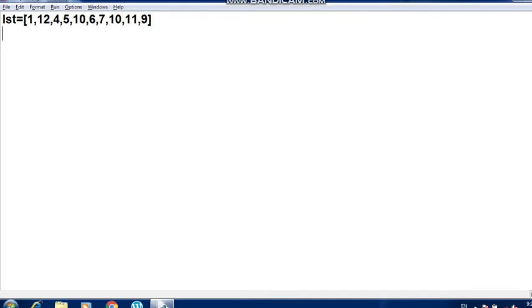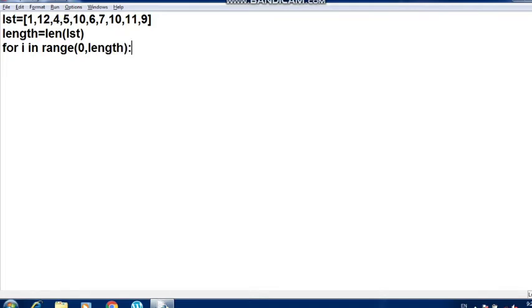So this is my list, where you can see that I have to give a condition: if the number is greater than or equal to 10, where you are getting the numbers 12, 10, 10 and then 11, you have to get it replaced by the number 10 itself. For that we have to find out the length of the list. So I am defining here the length, and then I am using the length function to calculate the length of the list, and it will be stored in the length variable.